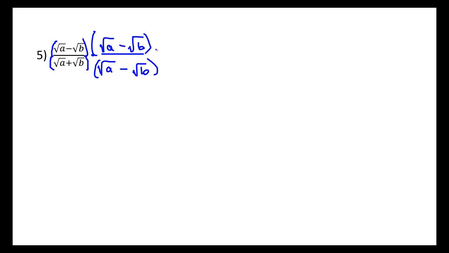And now we have the fun of multiplying straight across. On top we have square root of a times square root of a, which would be a. Outer times outer would be minus square root of a times square root of b. Inner times inner would be minus square root of a times square root of b. And last times last would be plus b, which would be square root of b times square root of b. That is now all over